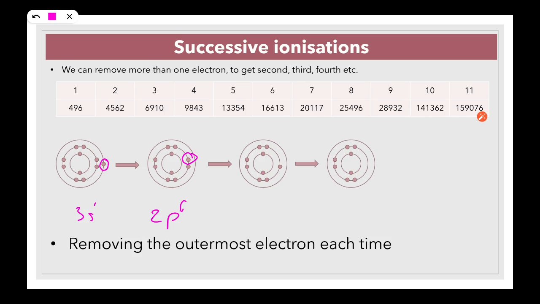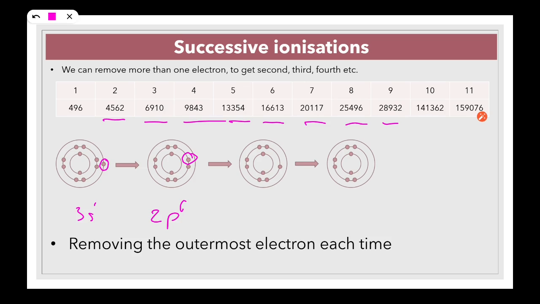So why is that? It all comes down to energy levels, distance from nucleus, shielding of other electrons, and all those kind of things. The further an electron is from the nucleus, the easier it is to remove. As you go closer, it's going to get harder, and you're going to have to put more energy in to remove it. So if we look at these differences between these ones,